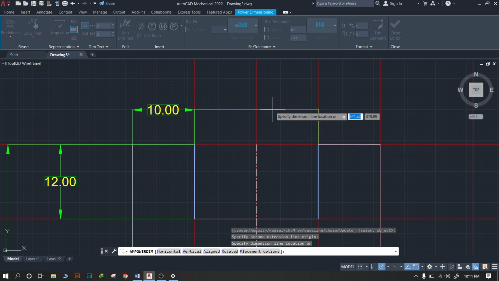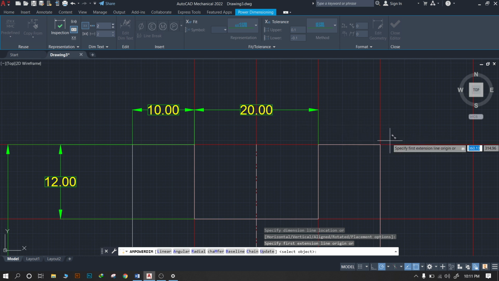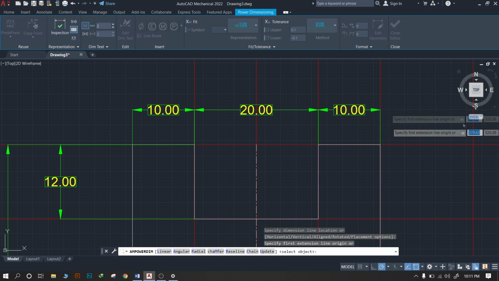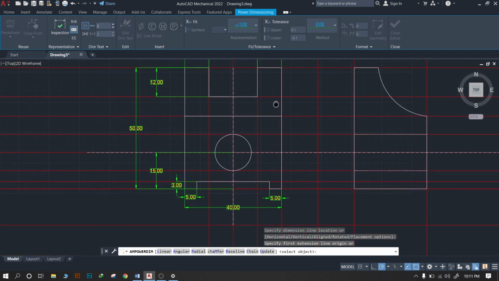So what will be the height of the object, what are the sizes of the slot, what are the dimensions of the hole, and all that. For this we have to give the correct dimensions and all the specified dimensions for the views.